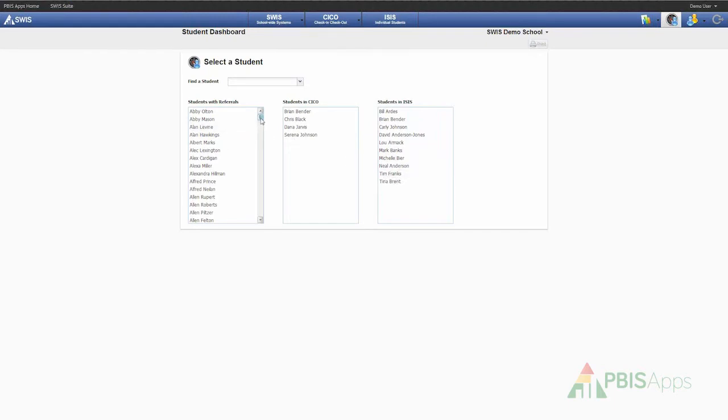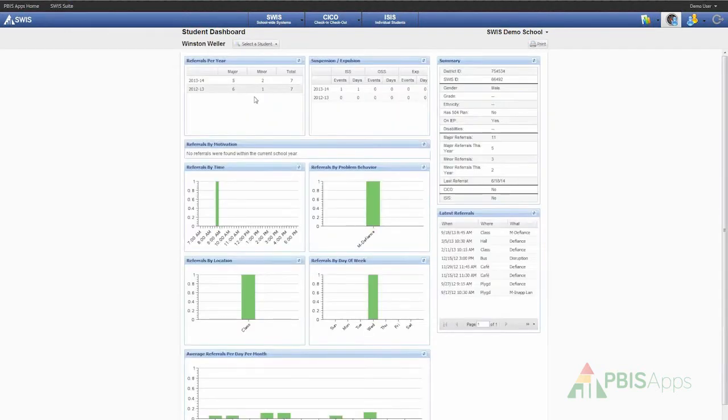I can either use the scroll bar and scroll up and down to identify the student that I'm looking for. I can use the Find a Student feature and drop down that master list and scroll up and down. I also have the capability to begin typing in a student's name, and SWIS will match my keystrokes to help me more efficiently and quickly identify the student. Once I've found the student that I'm looking for, I simply click on their name, and SWIS will open up